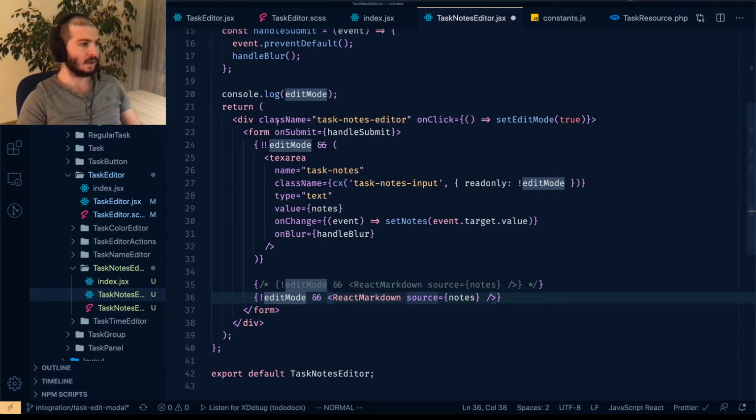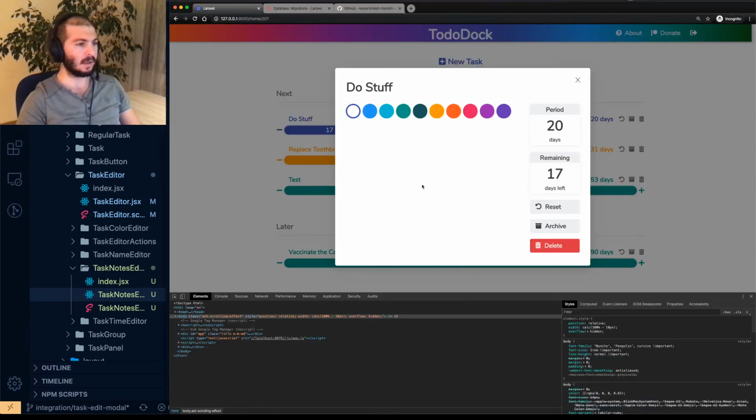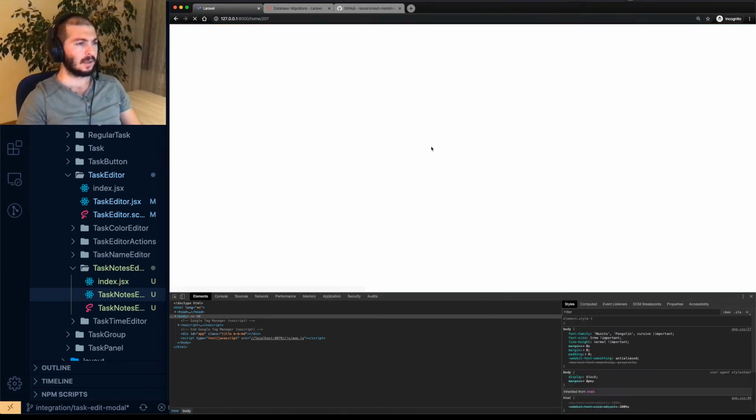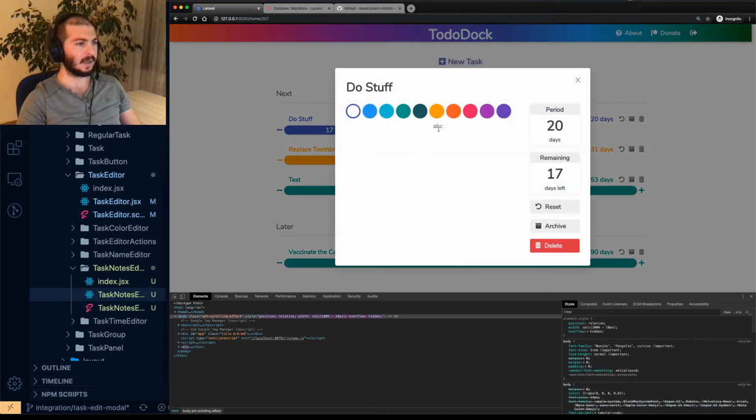So if you can see, we have to click the div in order to enter edit mode. So if we can't see anything, we can't click on anything. So I'm just going to verify that I can enter edit mode. Yes, I can, but